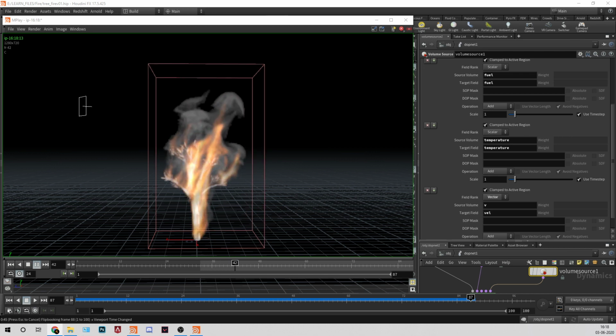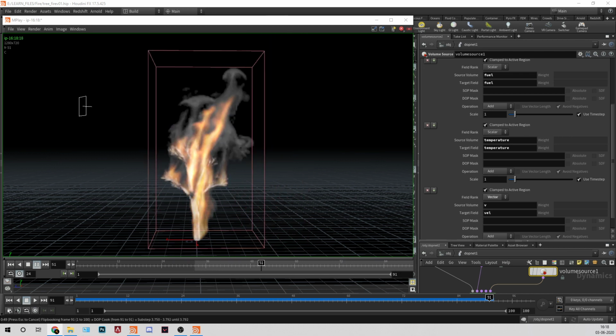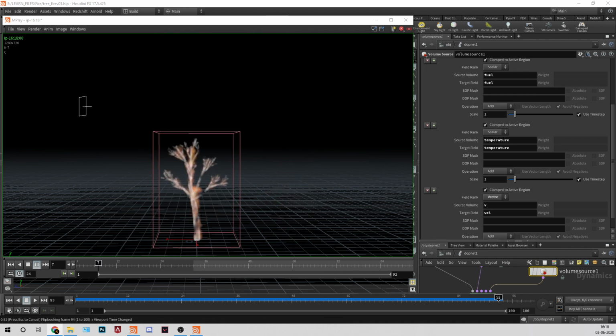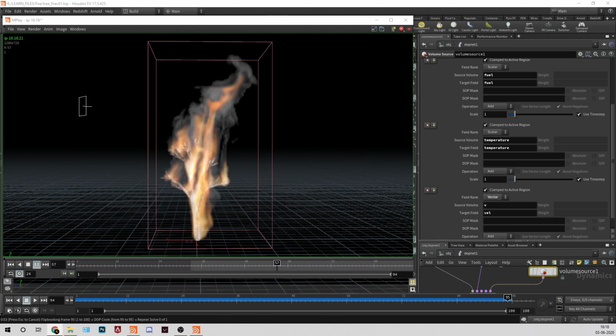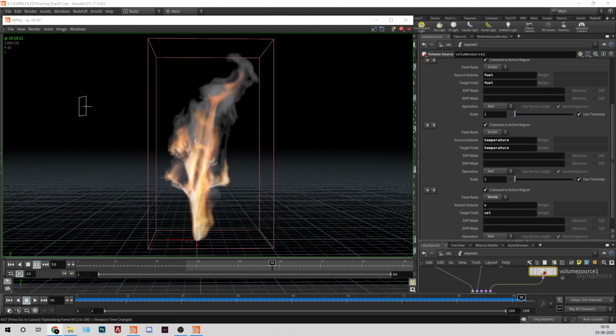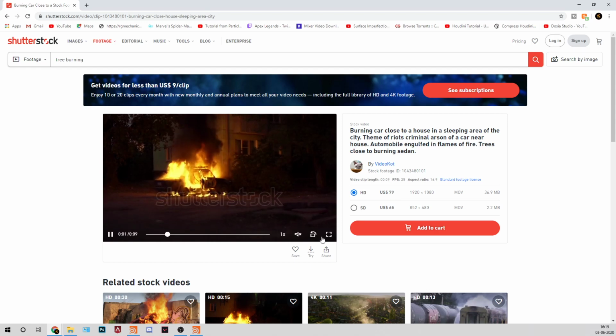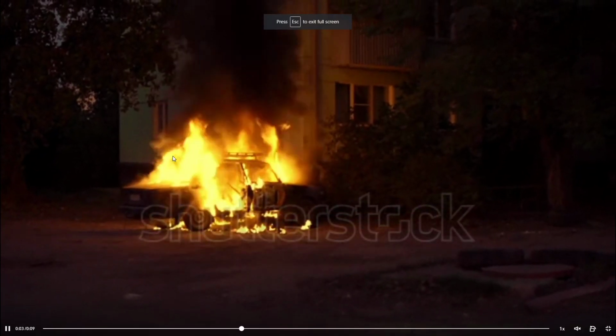In footage we have a burning tree. I'll show you normal fire, how tree fire looks. You can see this fire also. So we have this stock footage.